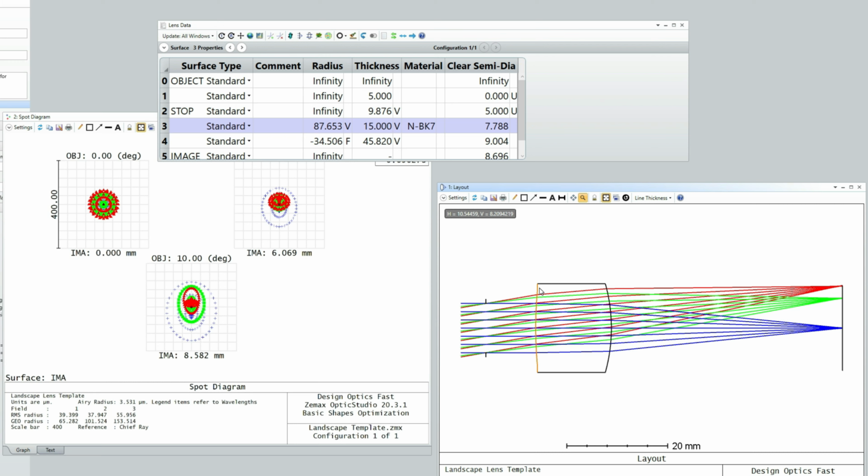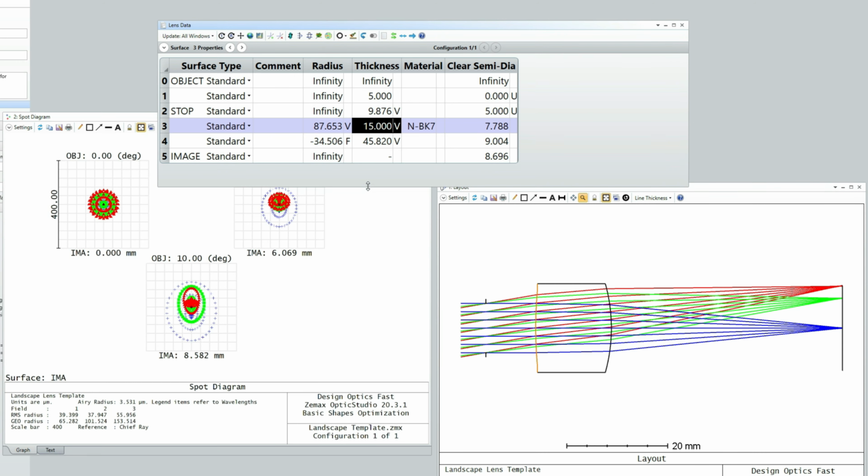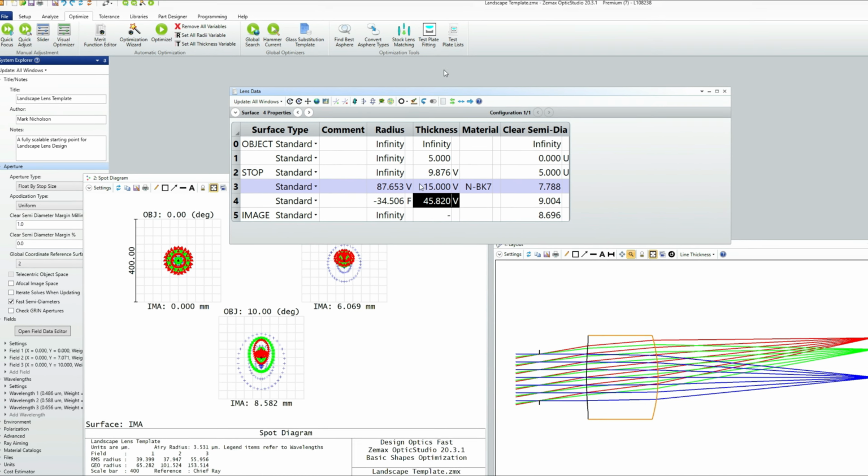Now, from the point of view of the optimizer, we have 4 variables, but they're not all equal. There's only the front surface of the lens which can control radial or pupil aberrations, and the distance from the stop to the lens which controls the field aberrations. The thickness of the lens itself just moves to the maximum that we allow it, and if we allowed it to go to 30, it would go to 30. And then the back focal distance simply keeps us at best focus. We just don't have enough degrees of freedom in this design to get close to the diffraction limits that our specification requires. Also, this lens is so simple that it will not benefit much from using the global optimizers.